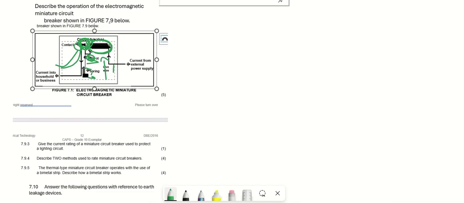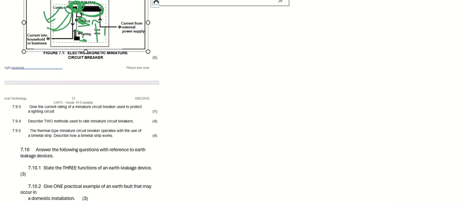Here's the contact. Which means there won't be any power flowing, and it protects the circuit. So there won't be any current flowing to the household. I think I'm clear now. So we continue.